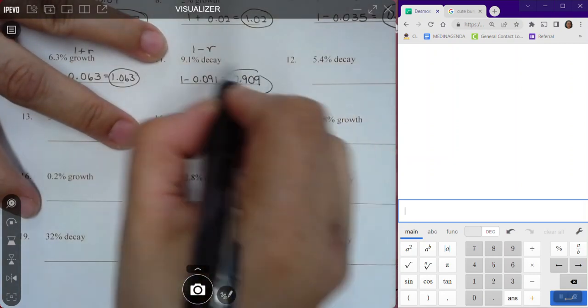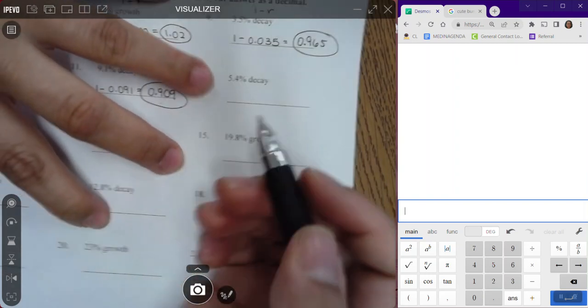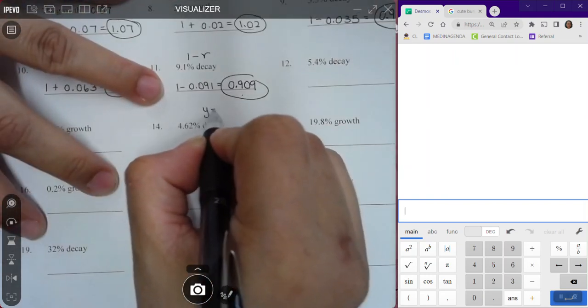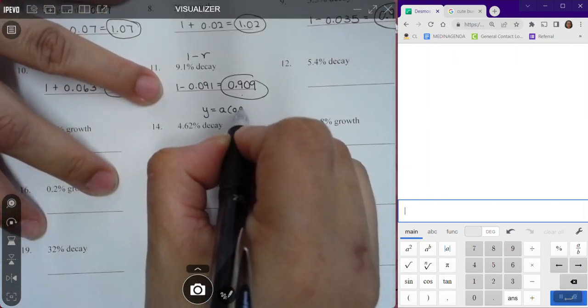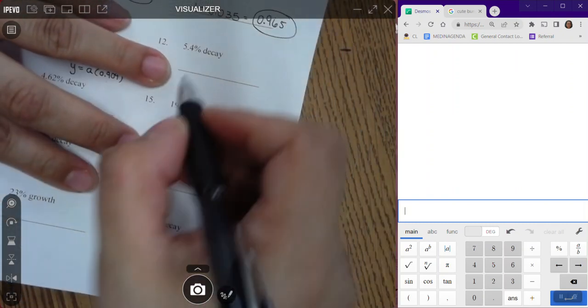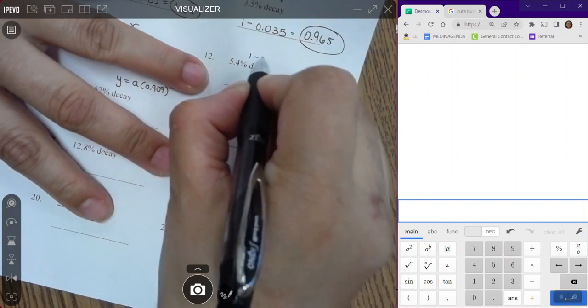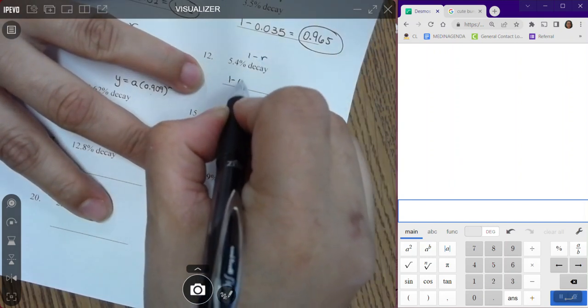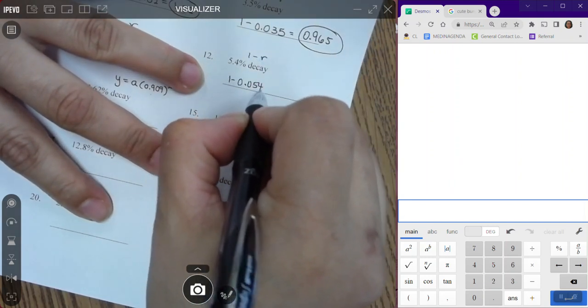Right, that's the decay factor. All right, so if I were writing an equation, it would be y equals a times 0.909 raised to the x, right? That's the factor. All right, decay, once again, 1 minus r, so it's going to be 1 minus 0.054